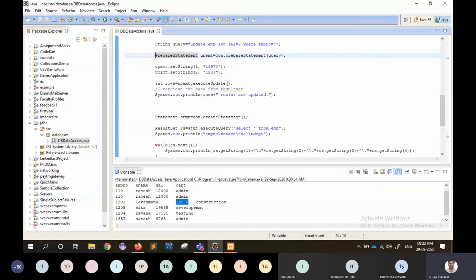The same JDBC operations we can use in JSP applications, and the same JDBC operations we can use in EJB. So wherever you go in any concept of Java, the JDBC concept is common, and the common steps you have to follow for getting access to the backend databases. Okay, so these are simple JDBC operations.